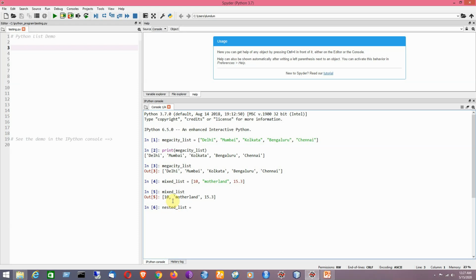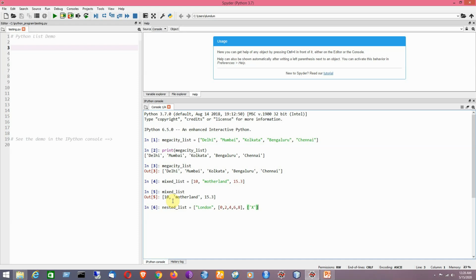So I will have square brackets first. Suppose I would like to include here a city name, say for example London. It is of string type. Then I can have the single digit even numbers like 0 to 4, 6, 8. It is also a list. Clear? And then I can have a character or string, because there is no character data type in Python. Suppose it is representing a list having only one string, that is called x.